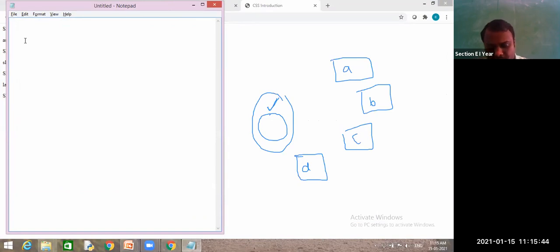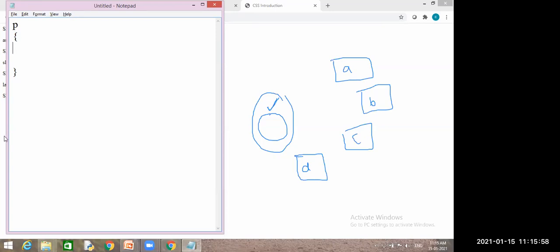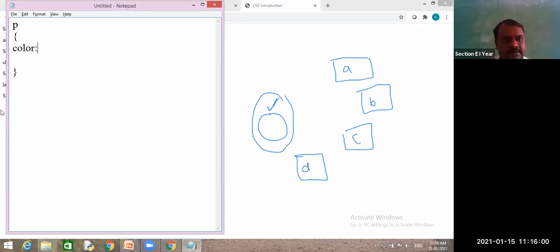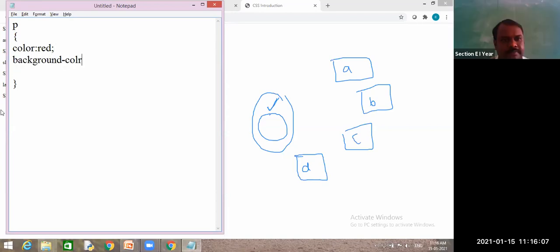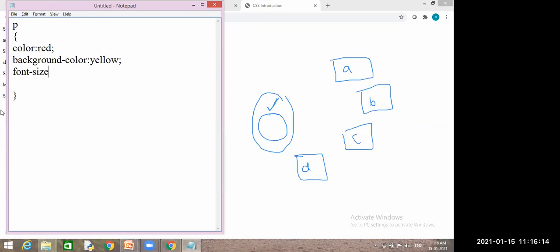The same way you write in the style tag. For this paragraph, what are my requirements? Color red, background color yellow, and font size 40 pixel.